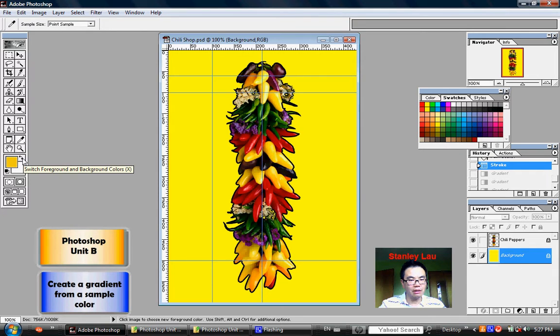So if I click that, see what happened? Now the white is on top and the yellow's on the bottom. If I click it again, the yellow's on top and the white's on the bottom. Okay, so make sure whatever happens that the yellow is on the bottom, okay, it's the background color,